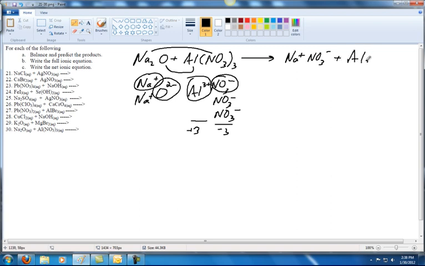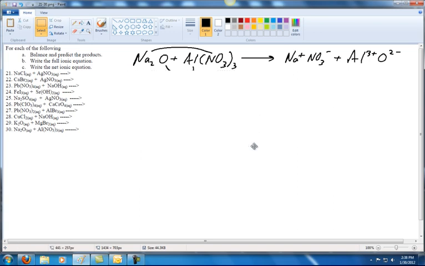We'll have Al3 plus joining with the O2 minus. Alright, so now we can go ahead and see how that all comes together. So rewriting that would be Na2O plus Al(NO3)3. The Na and NO3 will come together, be NaNO3, and then we've got the Al3 plus and the